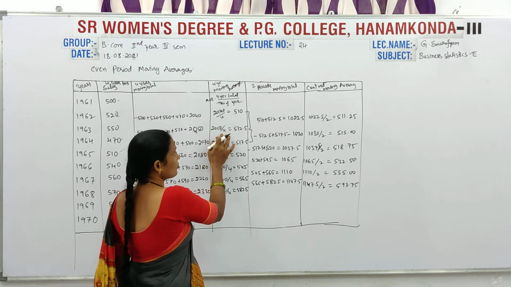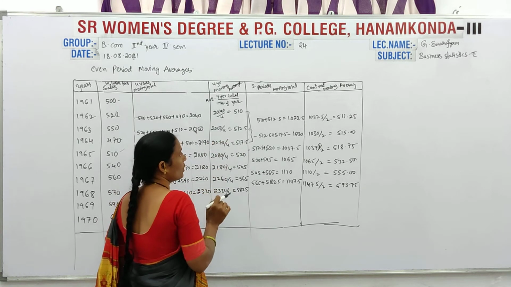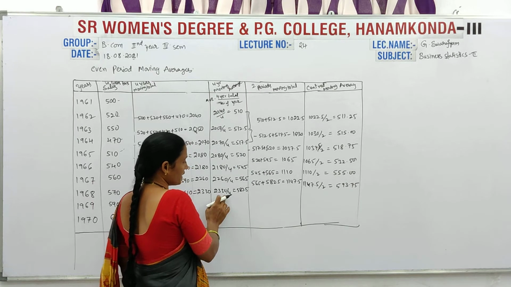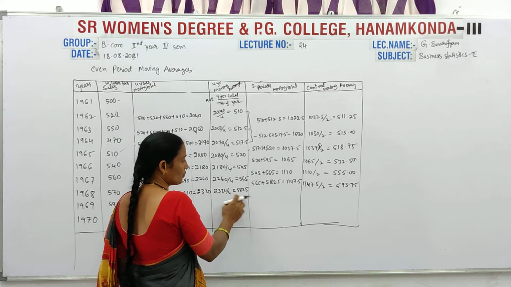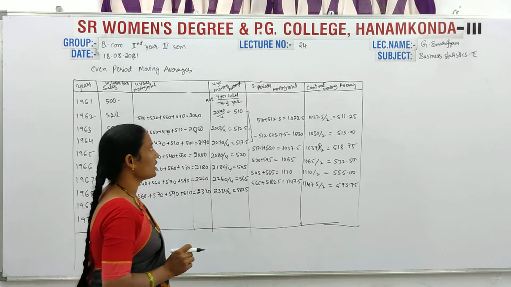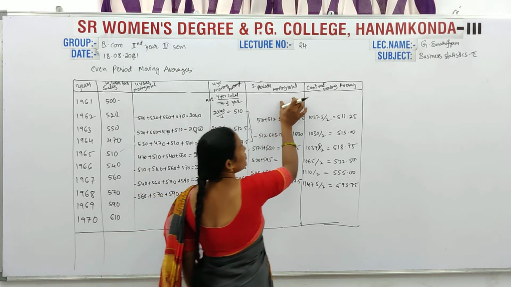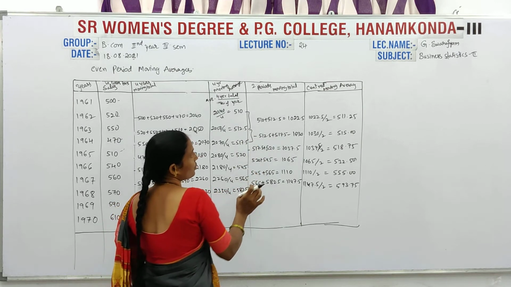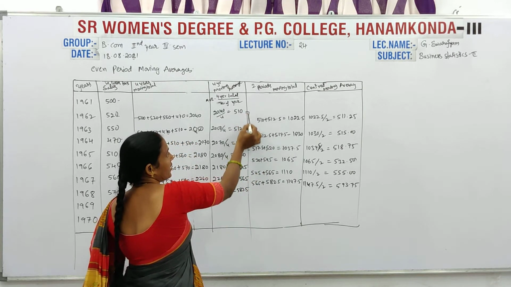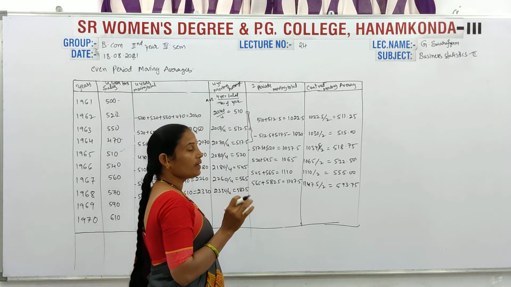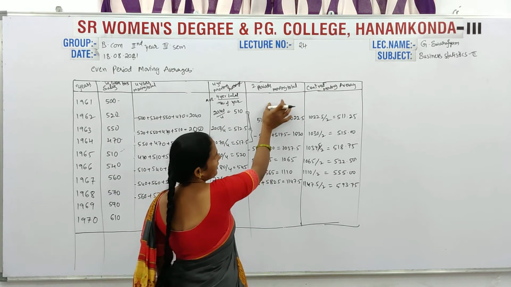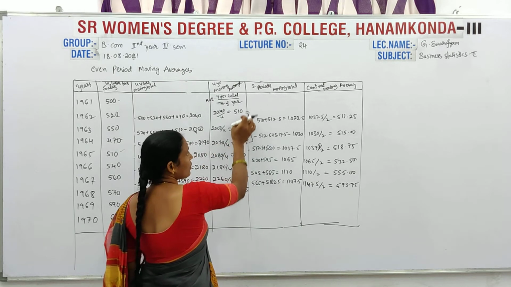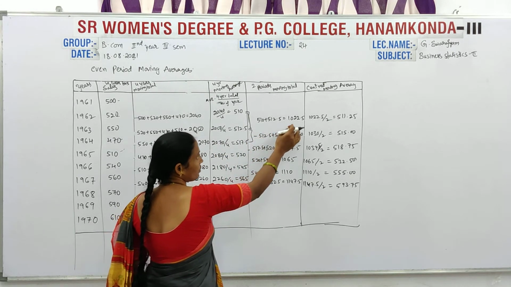Next 2050 gives 512.5. 2070 gives 570. Up to 2330 divided by 4 is equal to 582.5. So here, take the 2 periods moving total. Again, only one average. These are trend values, called the centered moving average. In the centered moving average, we have 510 and 512.5, total is